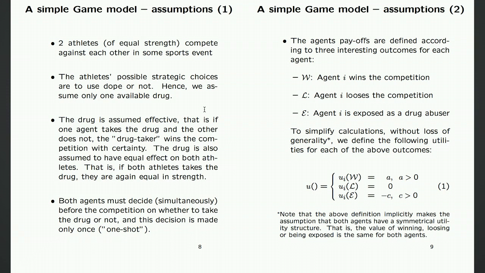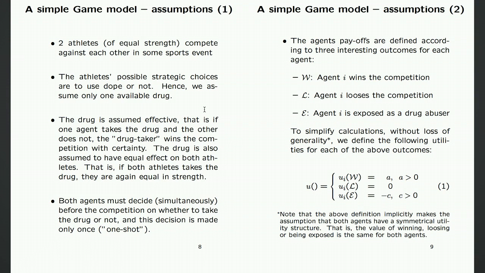So we assume here at this point an obvious simplicity. First, that there are only 2 athletes competing. There are certain sports which have this facility, a football match, a boxing match. But there are other sports where there are more than 2 people competing. So the effect of moving from 2 to more than 2 players is of course not looked at here. Again, we return to work where we actually look at that.